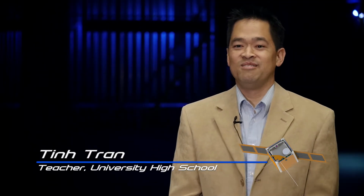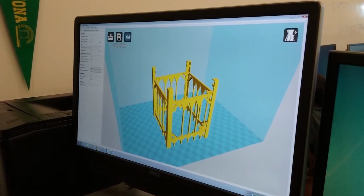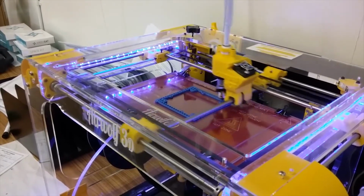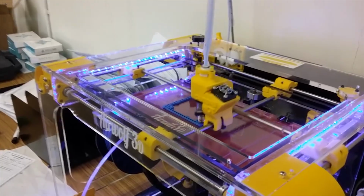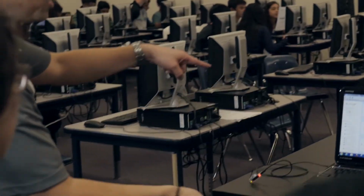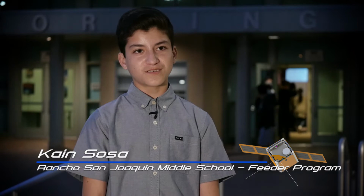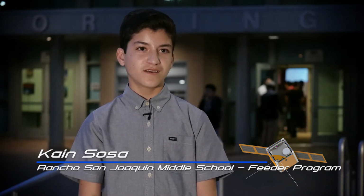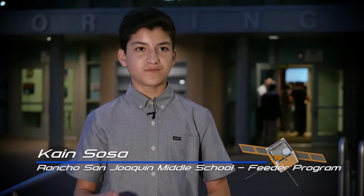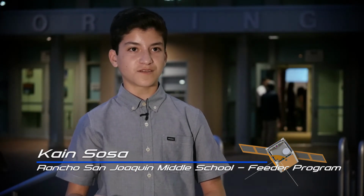This project really pushes the envelope in that it gets students to work on highly advanced technology, which only university and industry level people get to work on. It really pushes STEM education to the next step and the next level. I'm excited to be part of this project because it really allows me to be part of a real-world situation, to be in a group work where all the groups have their own part to this common goal, and it